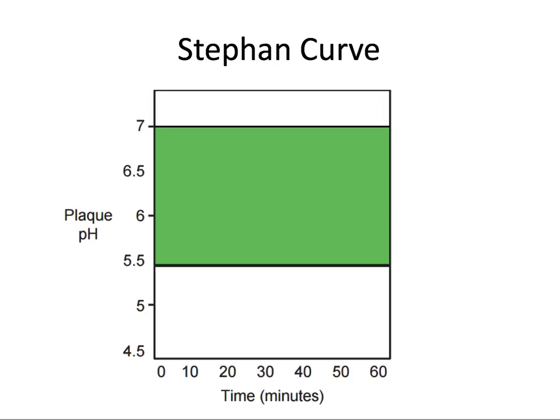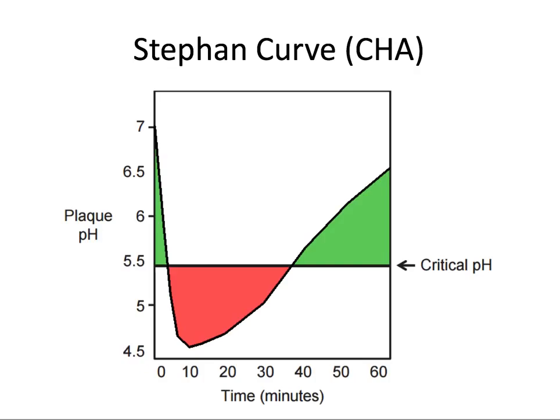So normally the mouth is sitting comfortably up here at around 7 pH, which is neutral. But when it's exposed to acid in the form of drinks, food, gastric acid, or what we've been talking about mostly, lactic acid produced by cariogenic bacteria,